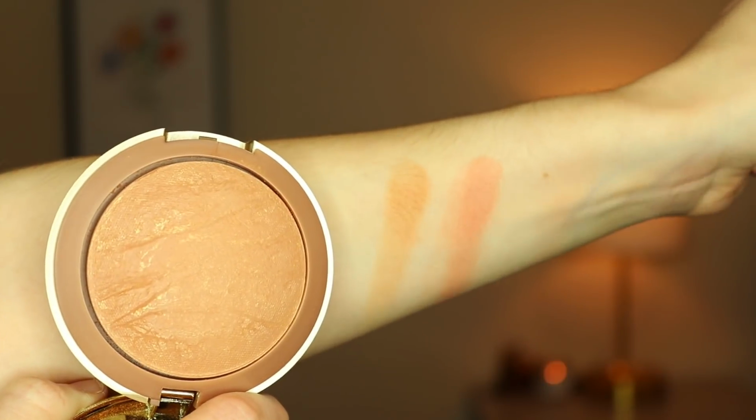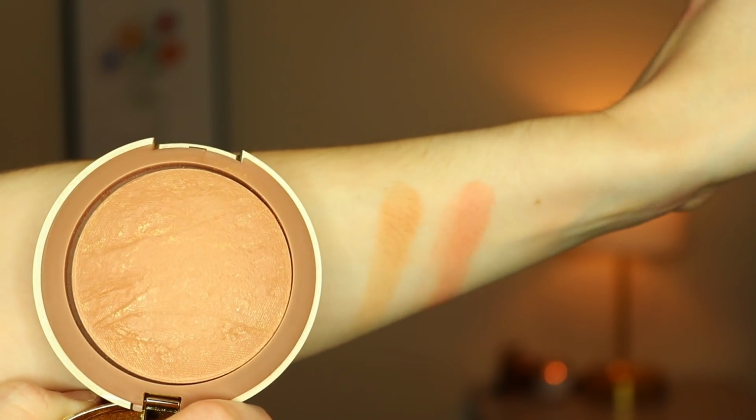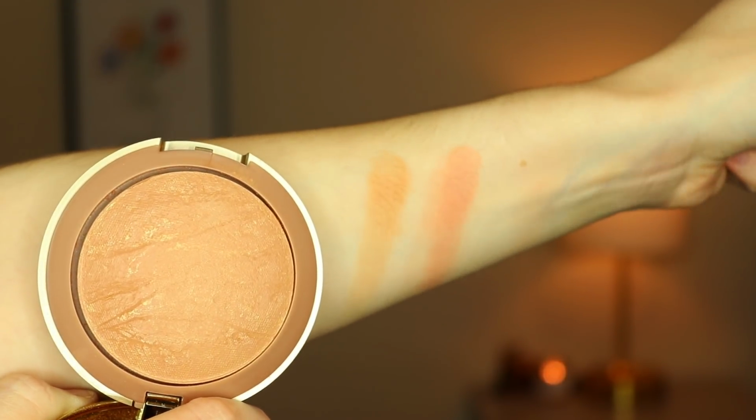Then I got a couple of Milani products. I got one of their baked bronzers and baked blushes. The bronzer is in the shade Dolce. This is nice. It's a warm bronzer. It has a little bit of a sheen to it. Very warm, not something that you'd ever want to use as a contour unless you just have really warm undertones anyway. This is also a really light colored bronzer, so I don't think this would work for you if you have a much deeper skin tone, but if you have a lighter skin tone and want something that's not too dark, this would be a great option. I think it's nice, I like it. And it smells really nice too. It almost has a cocoa-y smell. I don't think that's intentional, but...